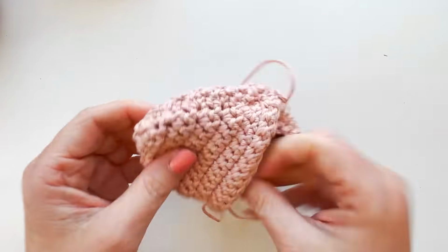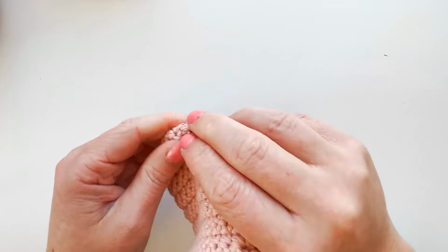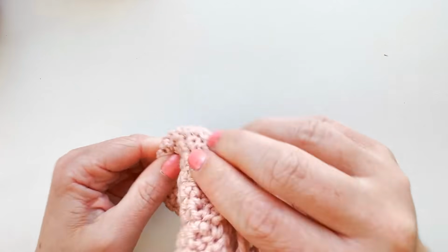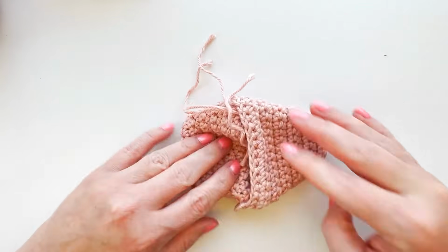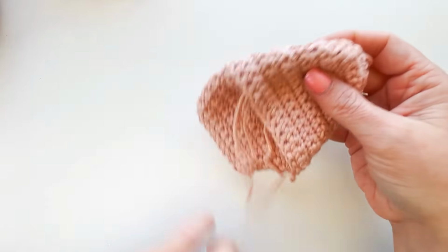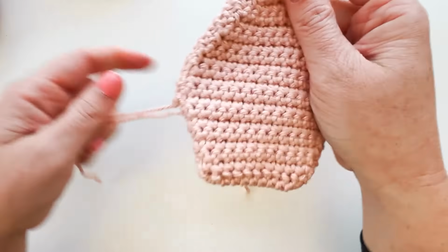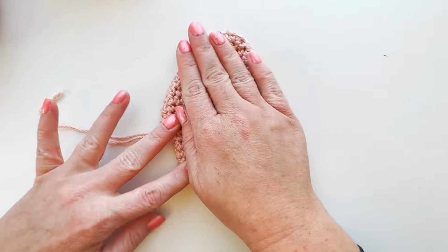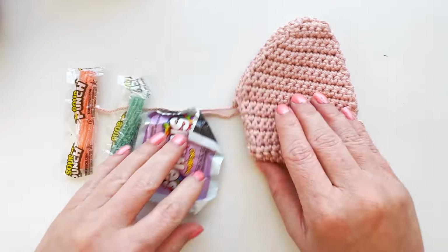And then I like to shove my fingers down all of the edges and especially in the corners. There we go. Making sure everything is nice and put where it's supposed to be. And there we go. We have our cute little egg that you can stick little treats inside of and hide